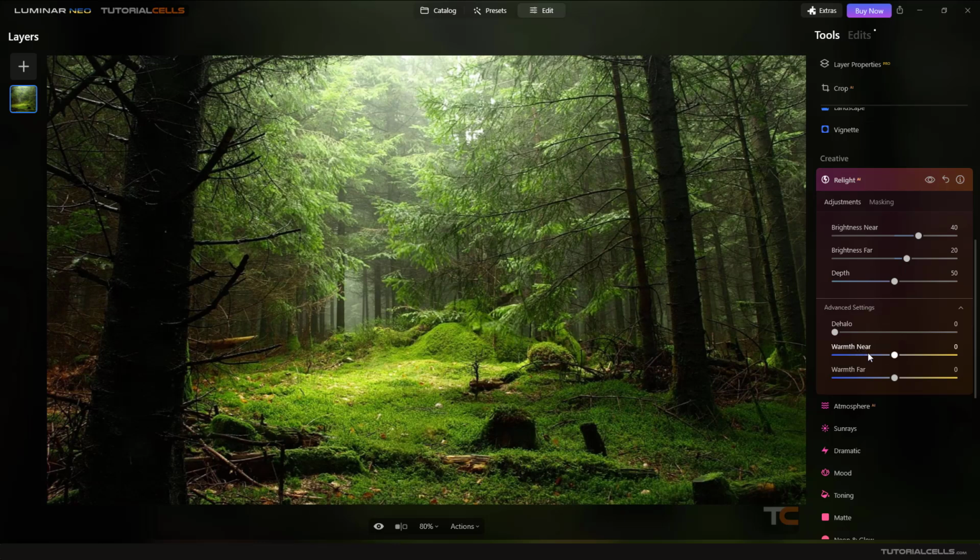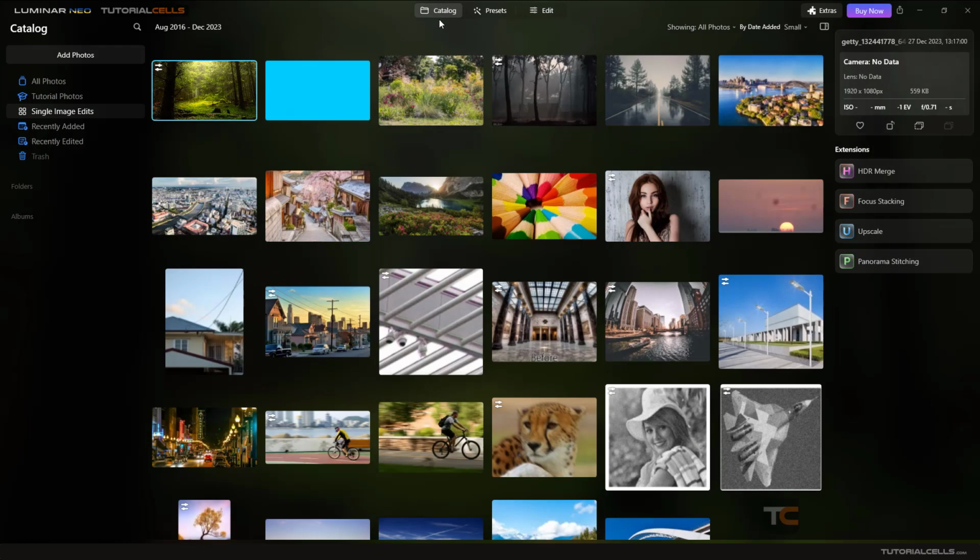Nice. You can warm the near color here, warmth near color, or warm the far color. Interesting. It's the far color, the far from the camera, you can do it. Halo. If we have, you can see